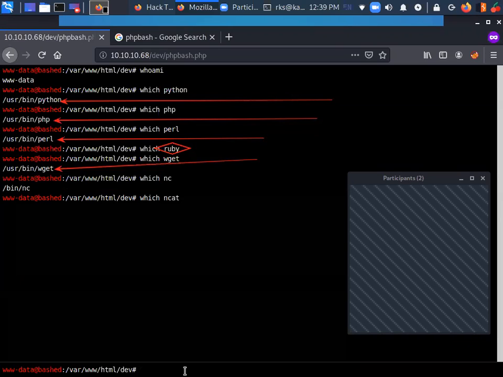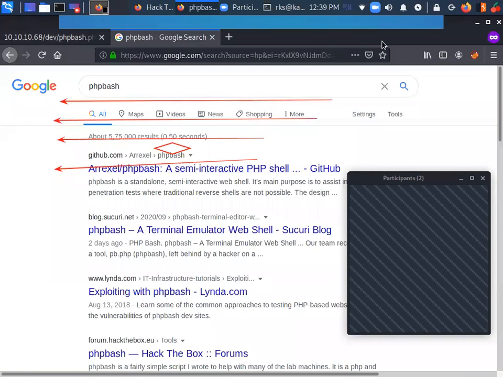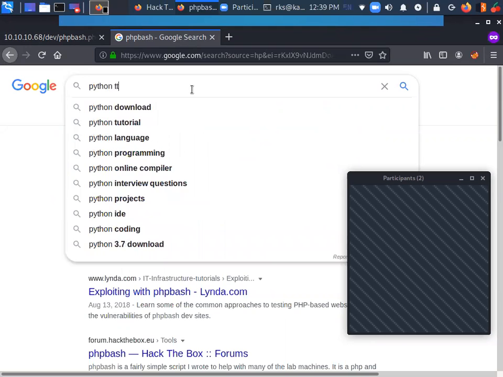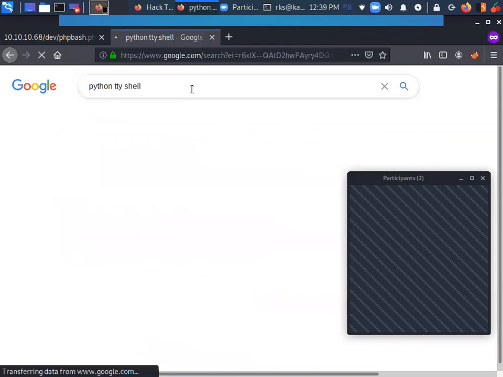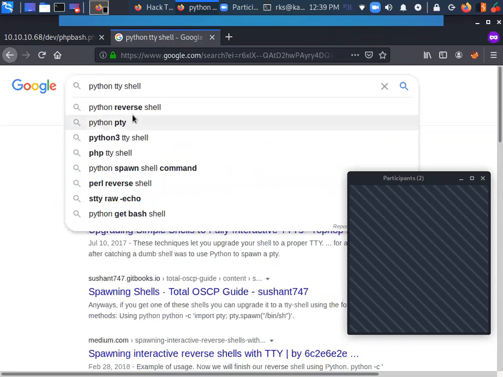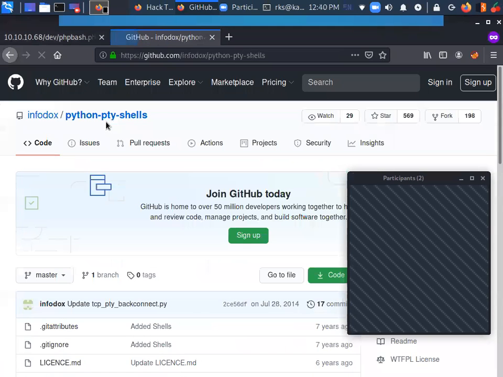So now there are a variety of ways to get a shell back. But what I'm going to do is show you a unique way here, that is using Python. Let's search for Python pty shell on GitHub. Here I have Python pty shells.